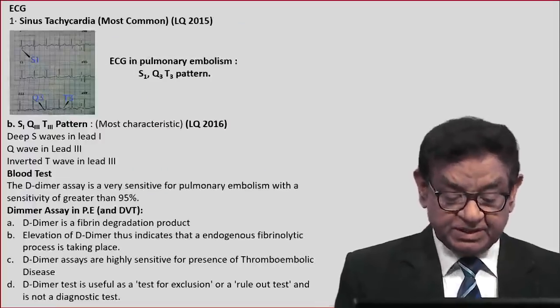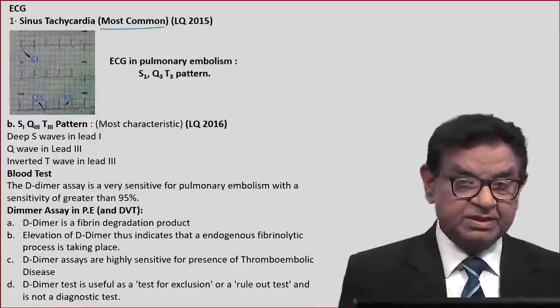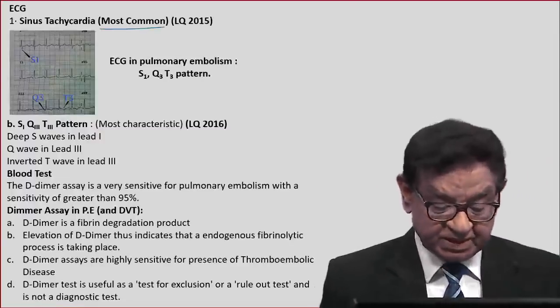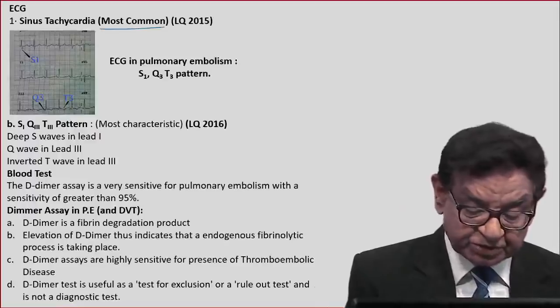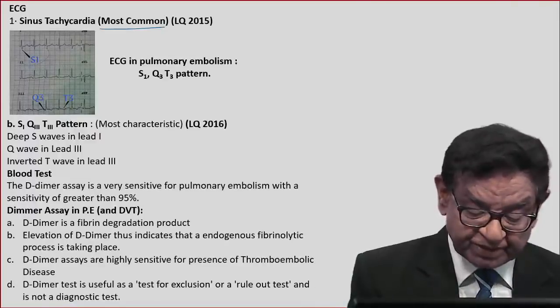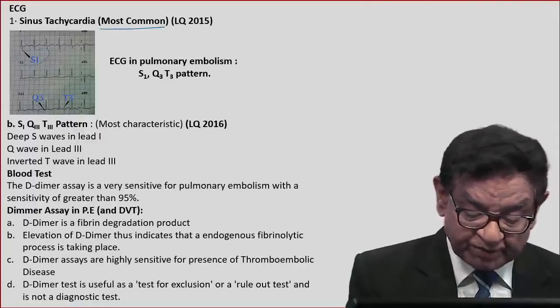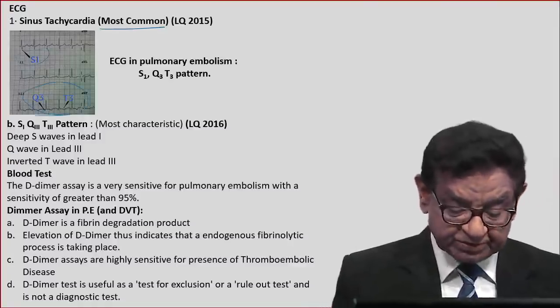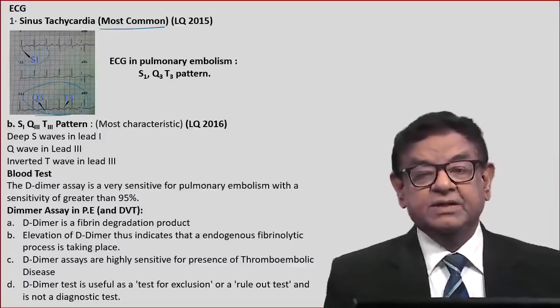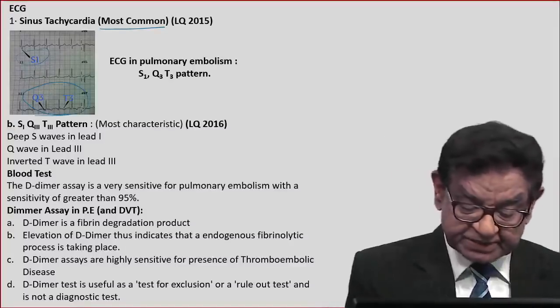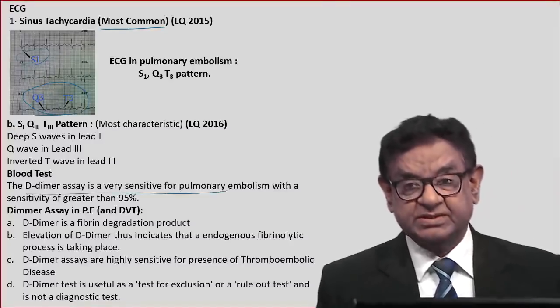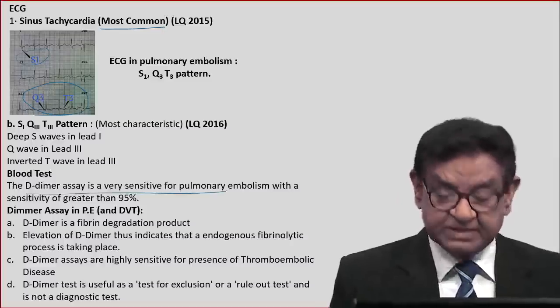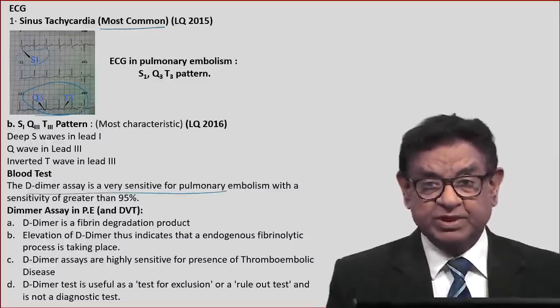Now in the ECG, tachycardia is the most common. Bradycardia can occur, but otherwise typically S1, Q3, T3: you can see an S wave in L1, a Q wave and T inversion in L3. In the blood test, the D-dimer assay is a very sensitive test, and sensitivity is as high as more than